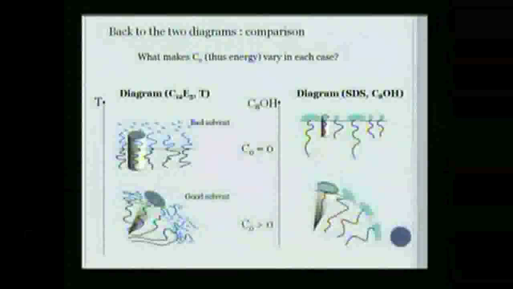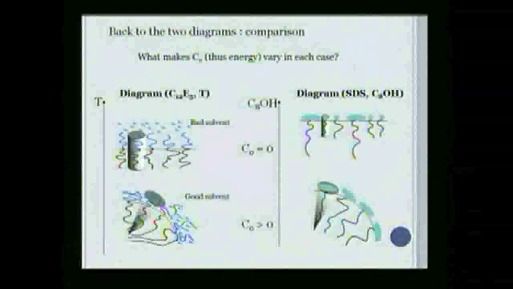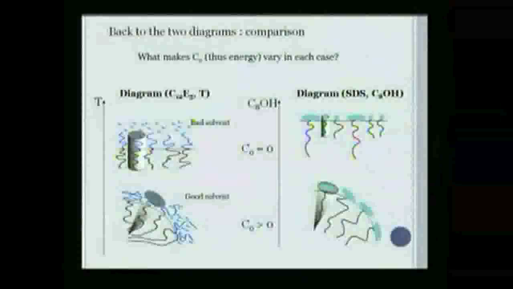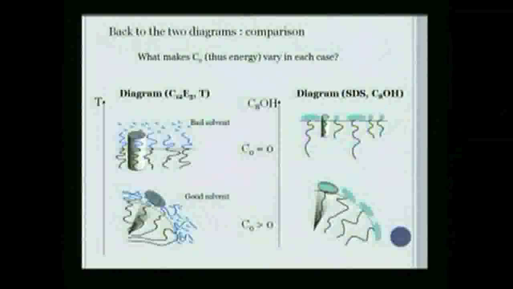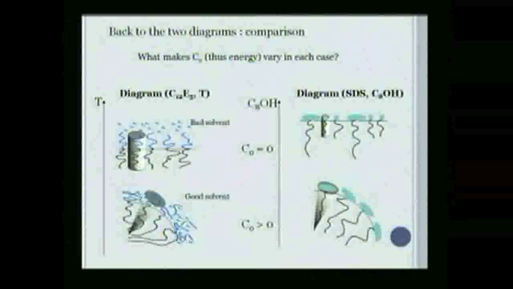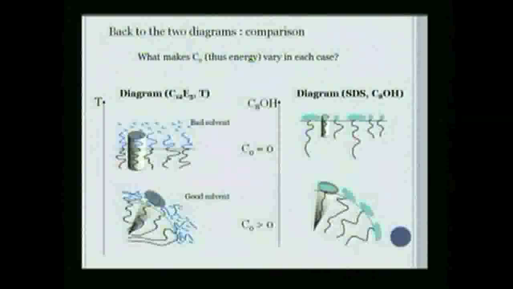They will go in between the SDS molecules. And of course, because their shape parameter is different, the curvature is smaller, you will go from this high spontaneous curvature to this low spontaneous curvature,